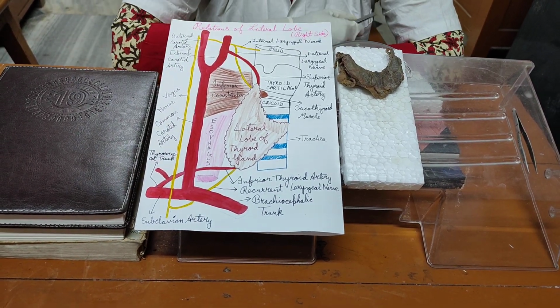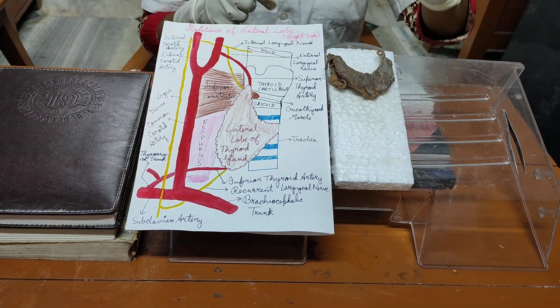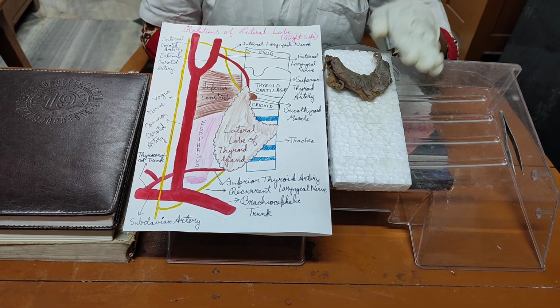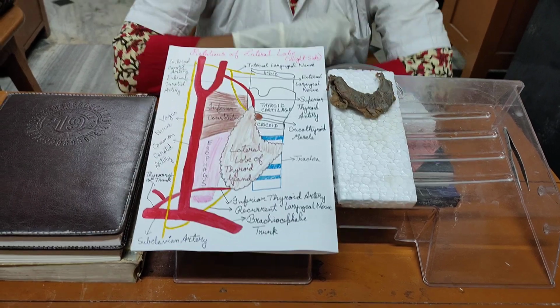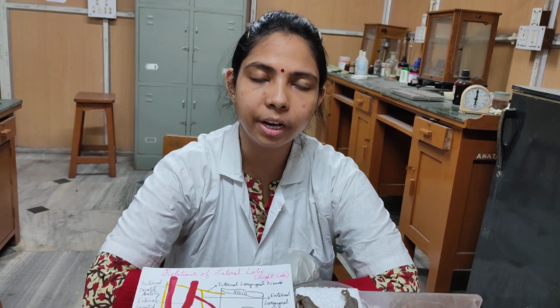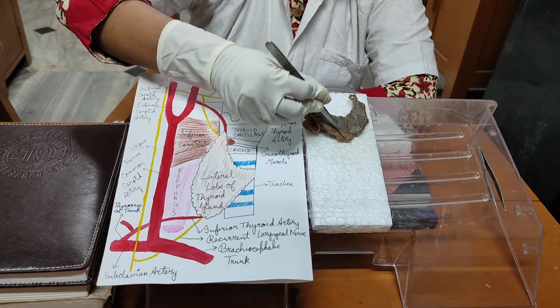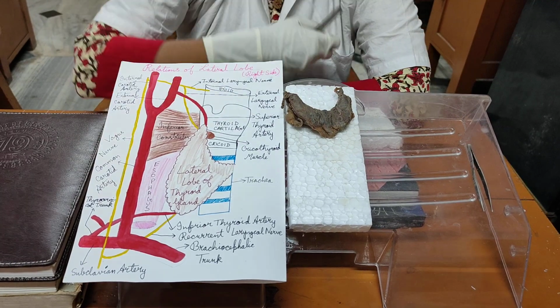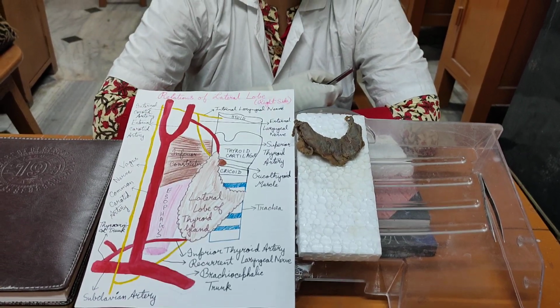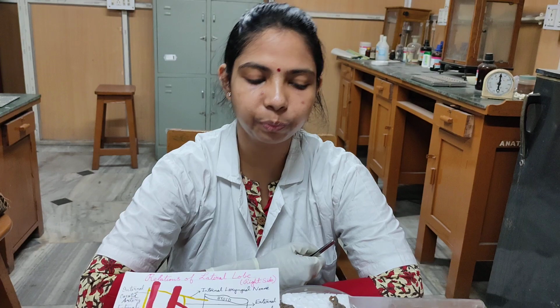Now coming to the venous supply, the thyroid gland veins include the superior, middle and inferior thyroid veins. The veins are derived from the venous plexus lying beneath the true capsule. Superior and middle thyroid veins drain into the internal jugular vein. The inferior thyroid veins emerge from the lower border of the isthmus and finally drain into the brachiocephalic vein, more commonly on the left side. The veins do not accompany the artery.